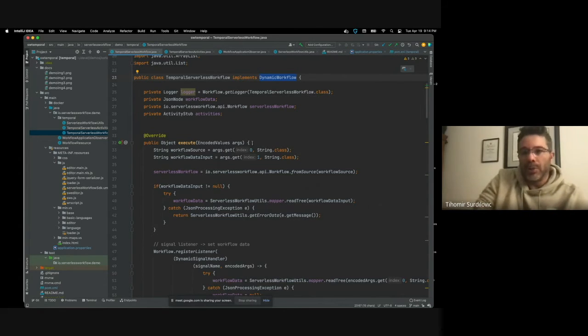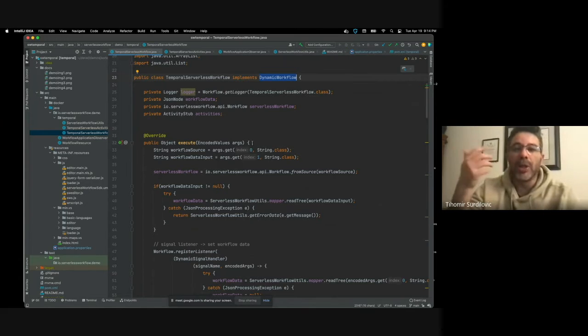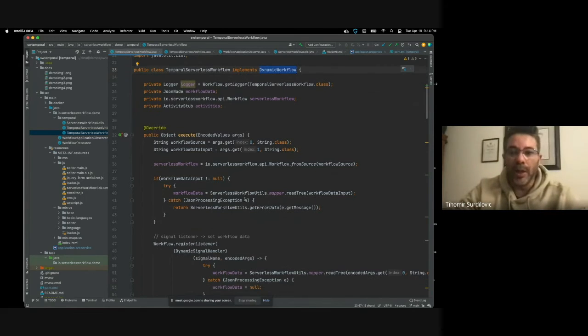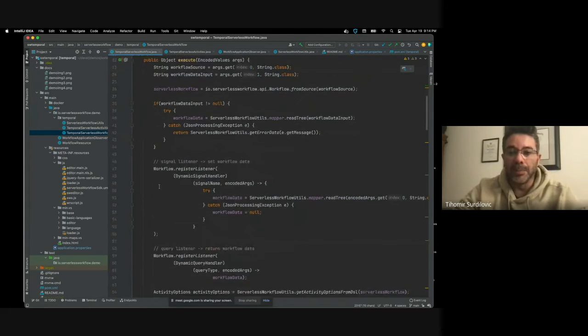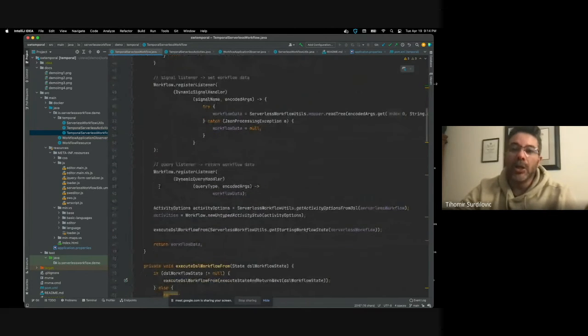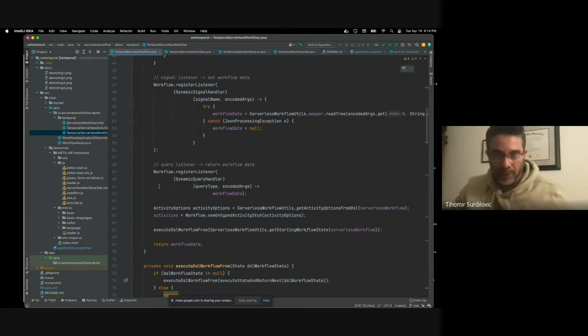So Temporal out of the box has really good support for feeding it some sort of DSL instructions and parsing it, and then using, for example, the Temporal API to interact with the Temporal server to actually start executions and run the workflows. So with this integration with a DSL, whether or not you use Serverless Workflow is up to you. But as far as Temporal goes, with a DSL, you automatically get things like fault tolerance, and things like distributed